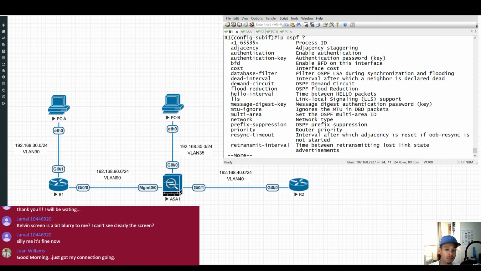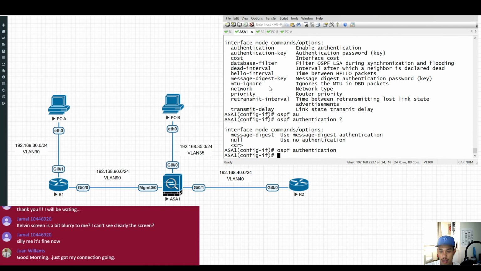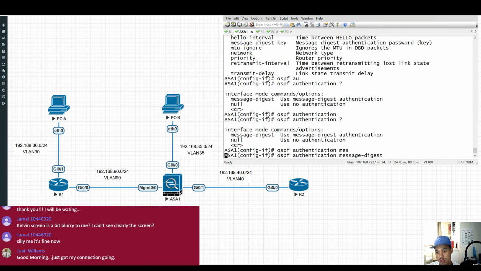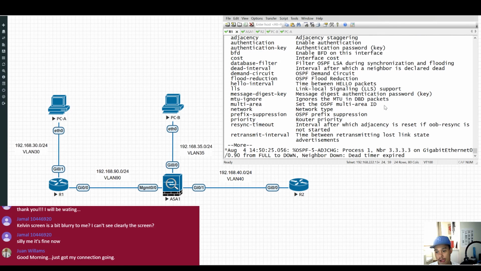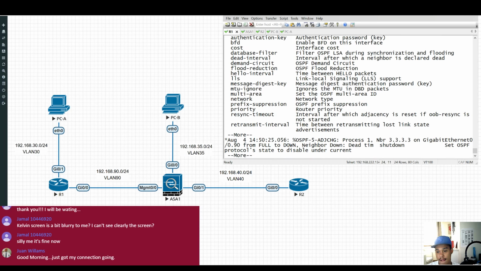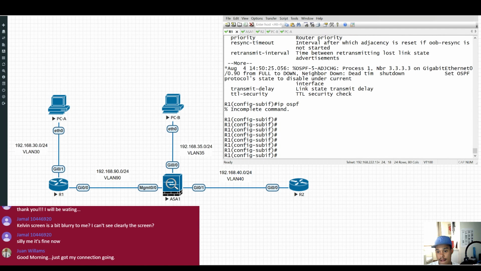So this is just a simple key or keychain. Right, okay. We're probably gonna have to do message digest, MD5 authentication. So let's go back to the lab and we will